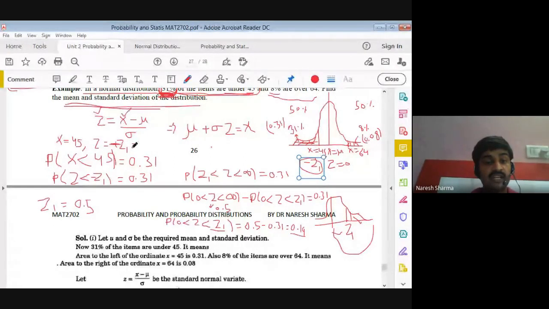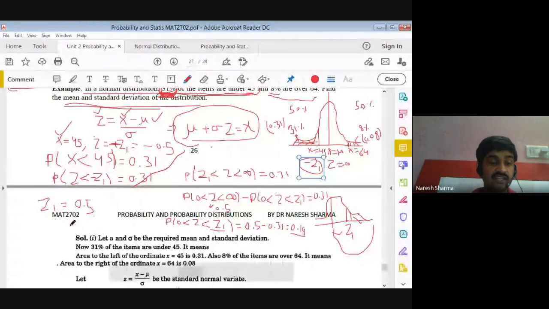So we may write here minus 0.5. If we put the value of x as 45 and z as minus 0.5 in this equation,